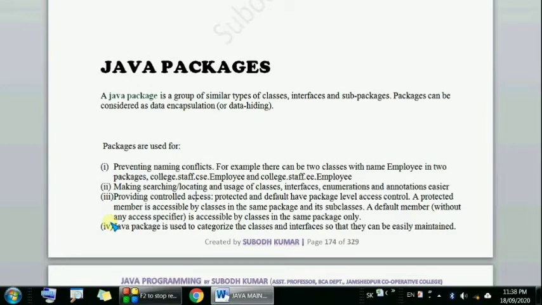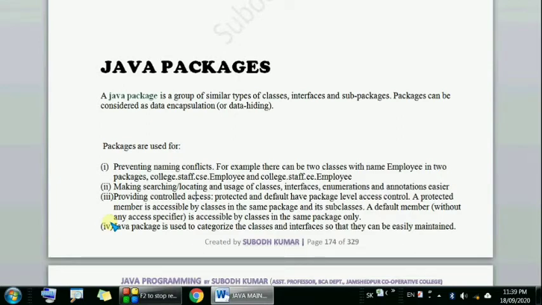A protected member is accessible by classes in the same package and its subclasses. A default member, without any access specifier, is accessible by classes in the same package only. A default member cannot be accessed by the classes of other packages.